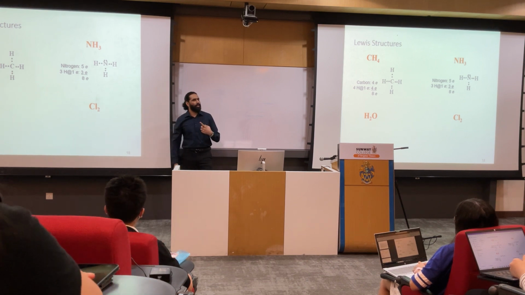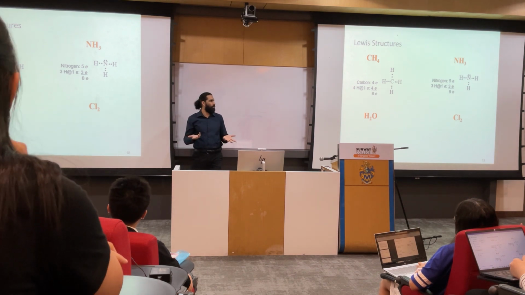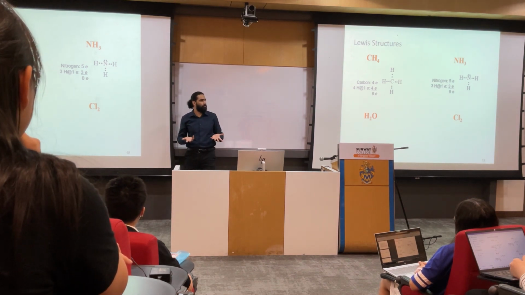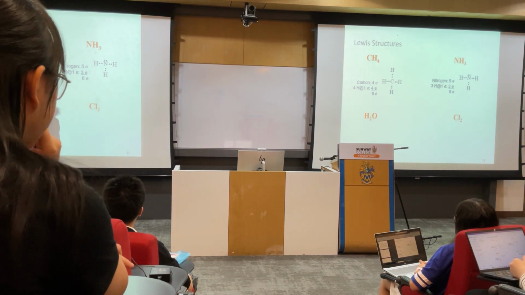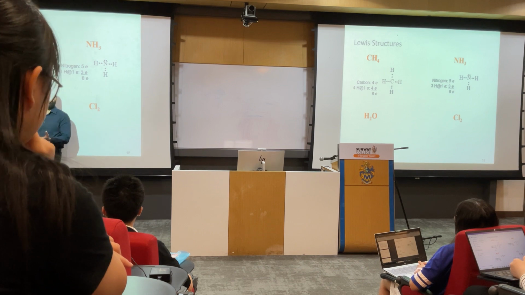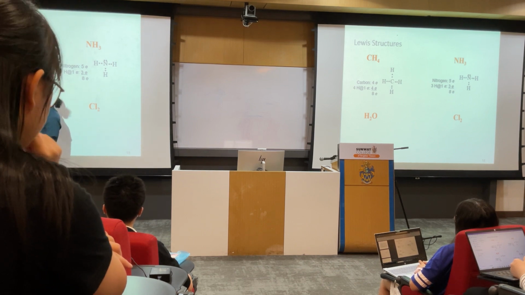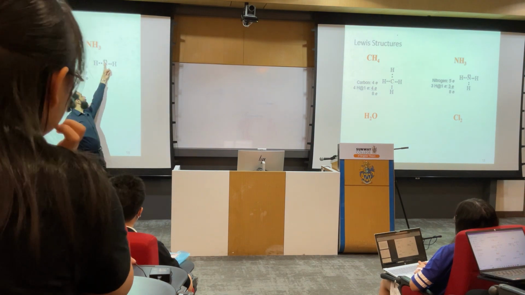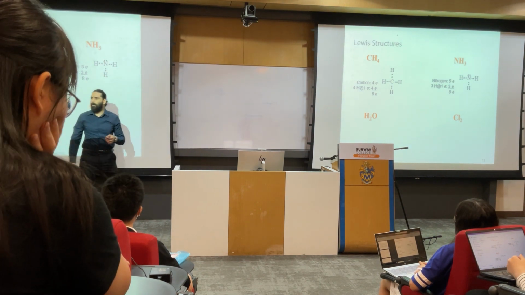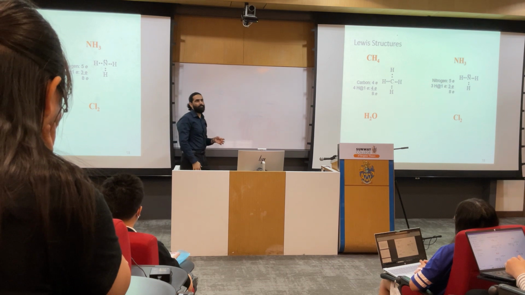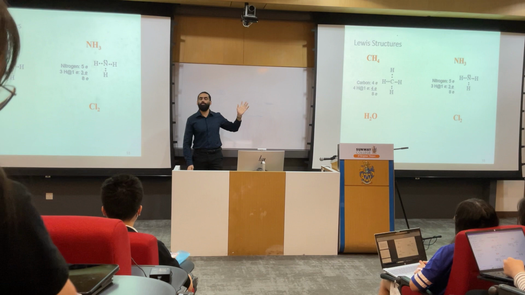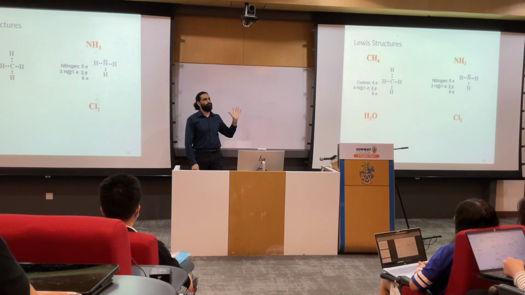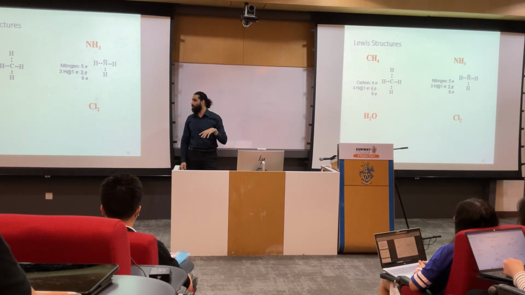Yeah? So what you see here is that every bond is actually an electron pair, isn't it? So this bond is formed between carbon and hydrogen when these two electrons paired with each other. So this is called a bond pair, and this is called a lone pair. Right? Correct me if I am wrong, or this is the first time that you are hearing it. You have heard these terms before, right? Bond pairs and lone pairs.